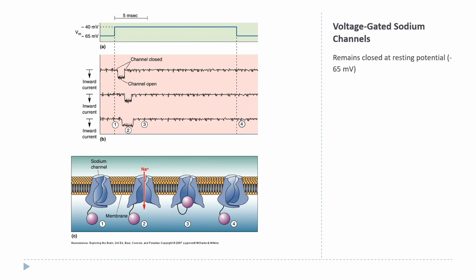Again, they start off closed. When the membrane is at rest, again, that's about -65 millivolts, give or take, the channels are closed. That means no ions can go through. But once the membrane gets to the threshold potential, about -40, they basically instantly open. Up here, you can actually see the membrane potential, and down here, these are measuring currents through individual channels. You can do this with ion channels